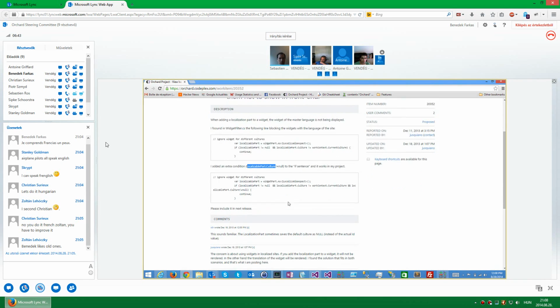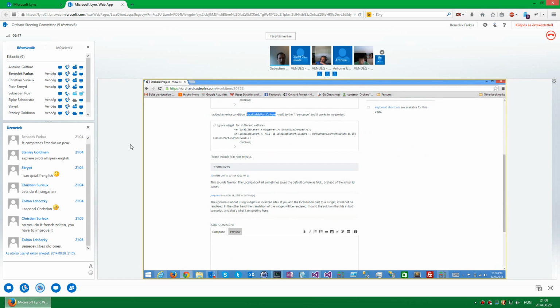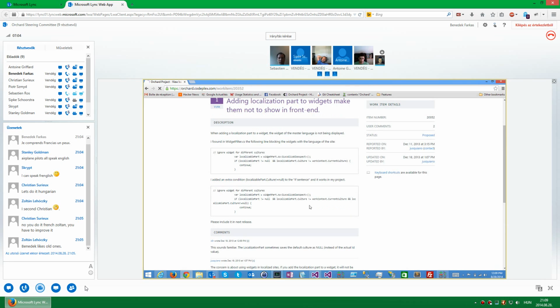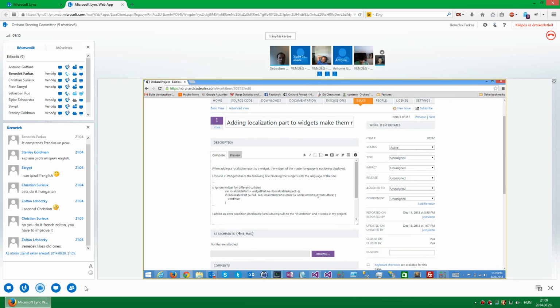Okay. Let's open it. I agree with the fix because sometimes the culture is not assigned if you add the localization part afterward.